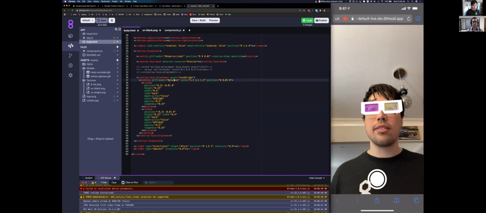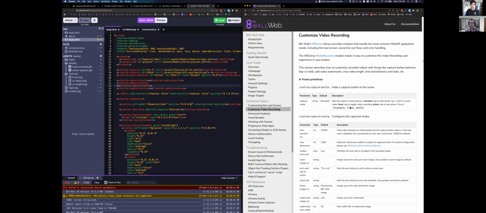If I hold and release, it will record a video, right? But let's say that I just want it to only take photos. Well, I can set it to just take photos. If I set it to fixed mode, what that'll do is basically turn off photo functionality. And here, let me try that. So if I go here and I do capture mode fixed,